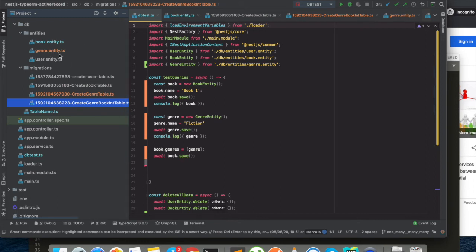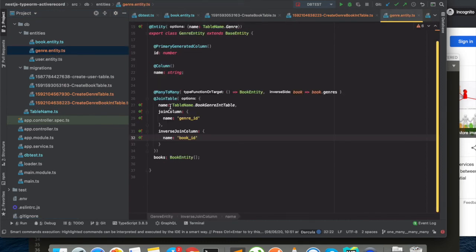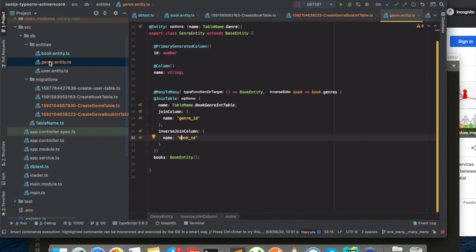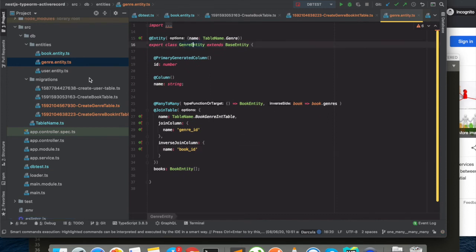This table is only being used by the join table decorator, which we have added to our genre. It will manage how to insert in genre, how to insert the values in book. But at the end of the day, you will have this working, and you actually don't need this intermediate table as an entity here. Now, in some rare cases, you might have that.